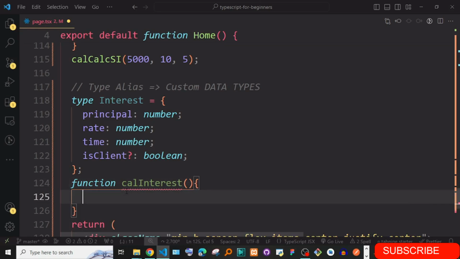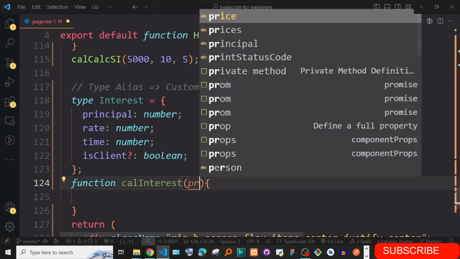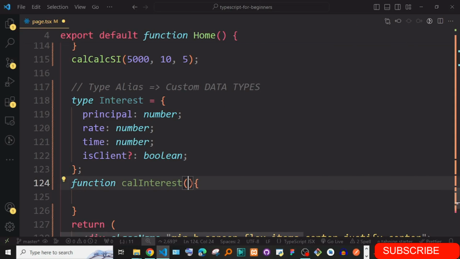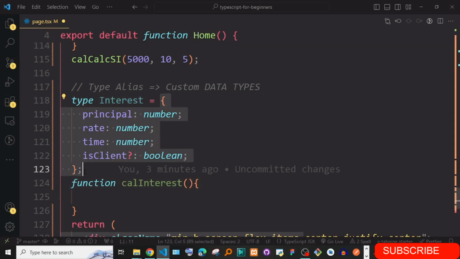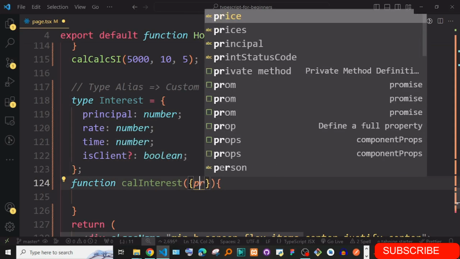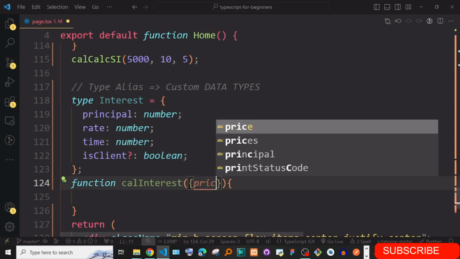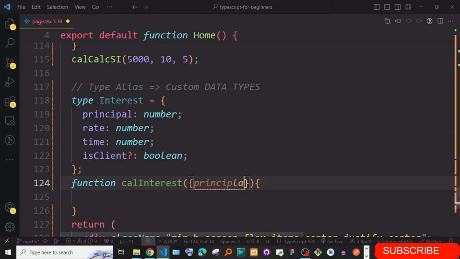So I'm just going to put in some parameters. It's just going to have principal. So it's going to have some values, and you can see it is always in the object format. So you could just come here and also pass in, for instance, principal.